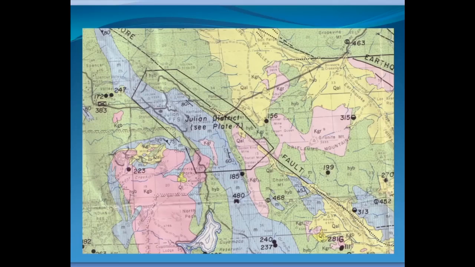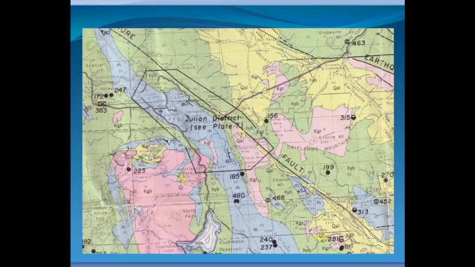This is a geologic map of the Julian district in San Diego County, and it shows a blue rock type marked M. It's a metamorphic rock, and it's associated with two different pink types that it's shown. One is labeled KGB and the other KGR, and GB is gabbro, and GR is granite. Those are both intrusive type rocks. They look similar, except the gabbro will be a lot darker overall than the granite, which will be a lot lighter overall. But there's a number of mines in and around this M, the metamorphic rock, and pursuing these areas